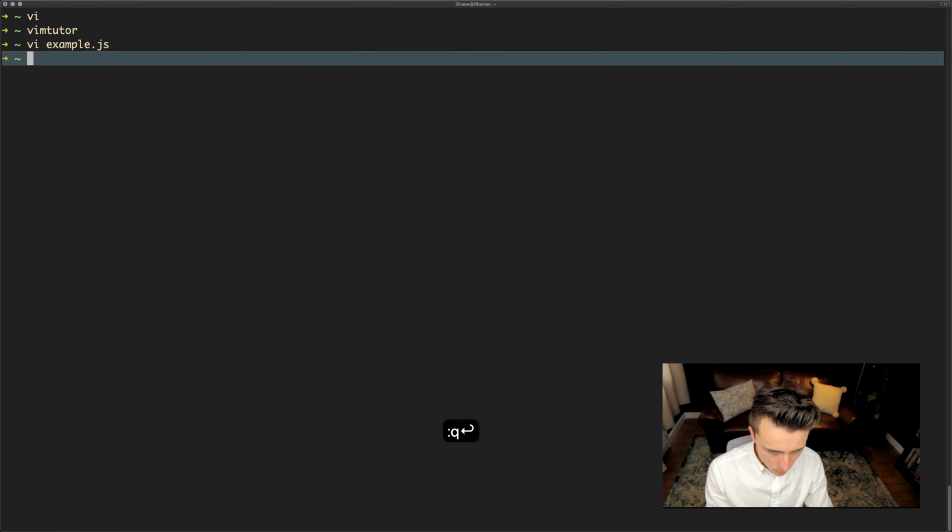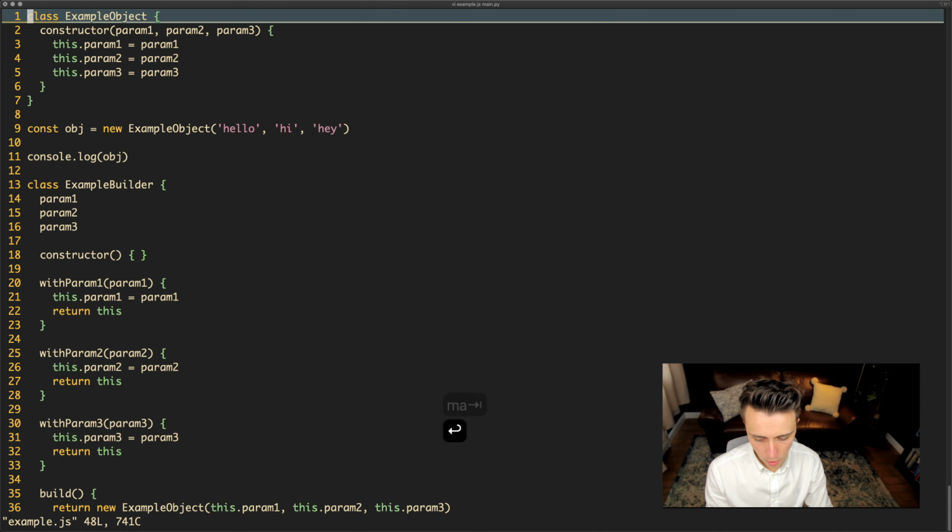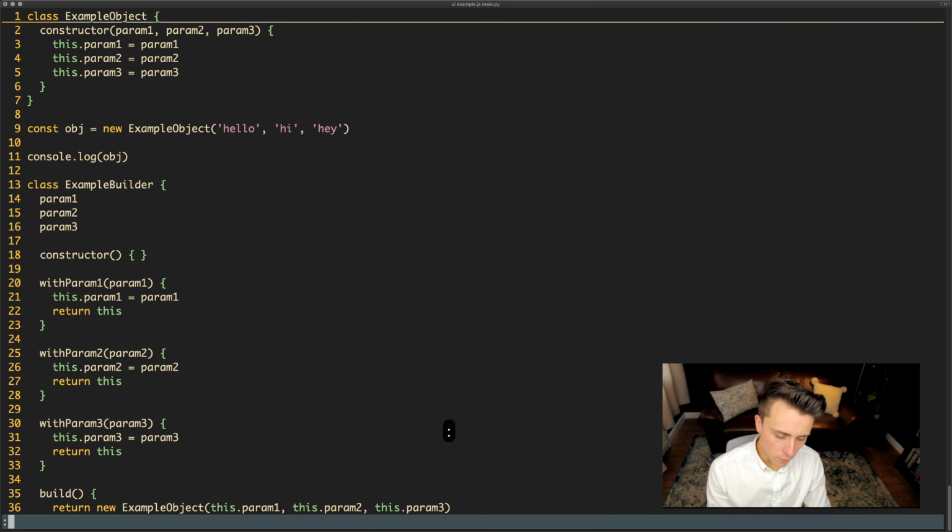To open Vim with a file that you want to edit, you can just type in Vi and then the file name. You can also do that for multiple files at once, so you can open two files at once in Vim. Now you might be thinking, where's the other file? Well, Vim has this concept of buffers. So if we were to do